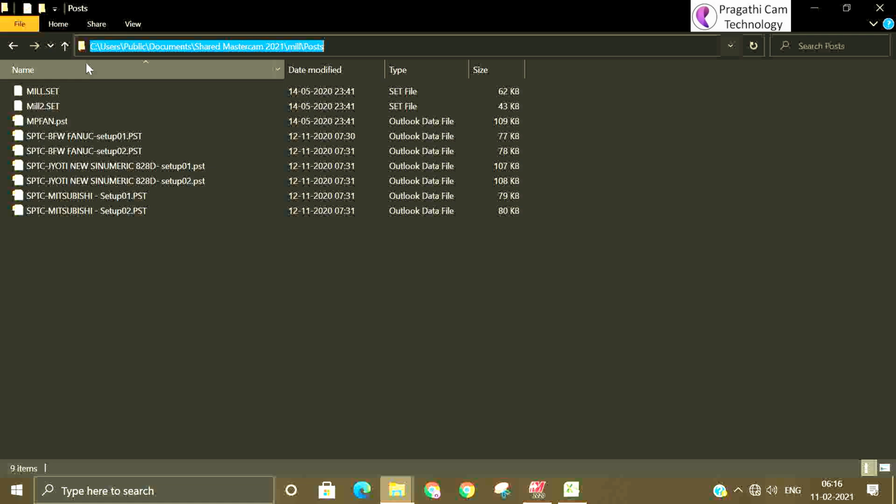A person can do the customization work. What is post processor customization? Once you take a default post processor and generate an NC file, you will find a lot of unnecessary things generated in the NC file.